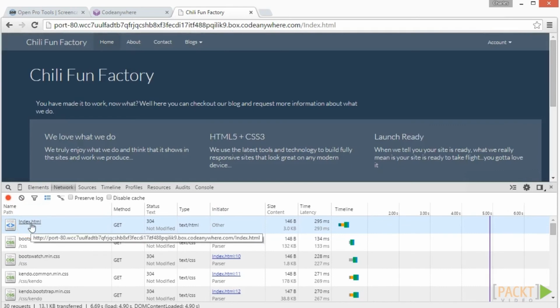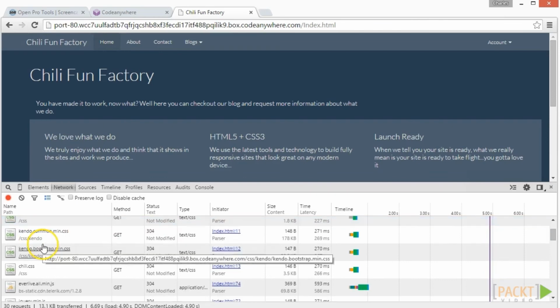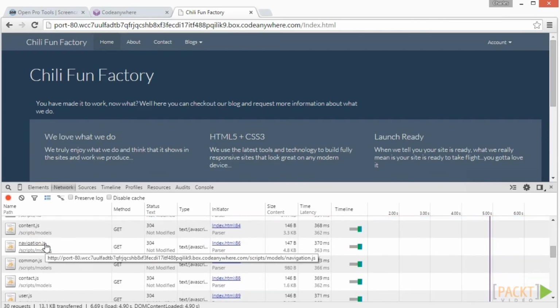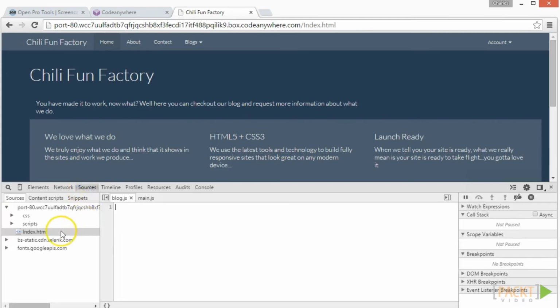Let's just start at the top of the list and we can see the calls that happen to load our page. As a good guess, everything starts with index.html and then just flows down through the HTML. As you follow along, you'll see that we get the CSS files we need and then we load the JavaScript files we need. Now if we jump over here and look at the code for main.js in the scripts folder,